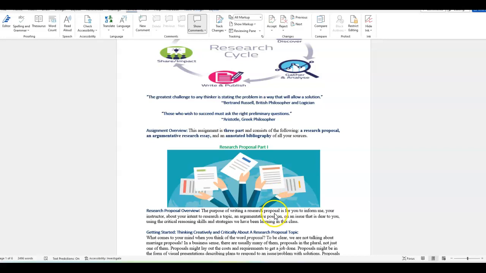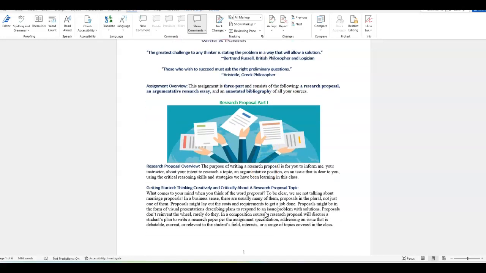So this means that I'm expecting that you select a research topic and you would have an argumentative position on an issue that is important to you, and then you're going to use all the critical reasoning skills and all the strategies you've been learning in this class in support of this proposal. That will be in part 2. But for part 1, all you need to be concerned about is that you are able to articulate what you're going to be researching, and there are